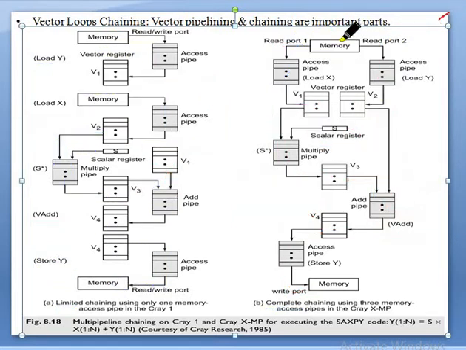If you want 3, we will add one more like this, port 3, and perform some operation and contribute to the main operations flow. So this is called looping of the vector calculations.